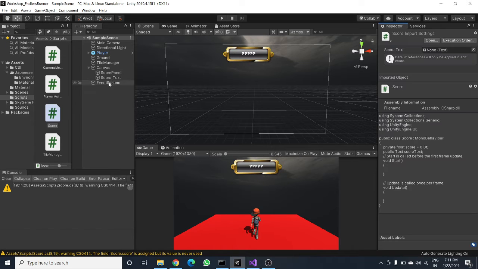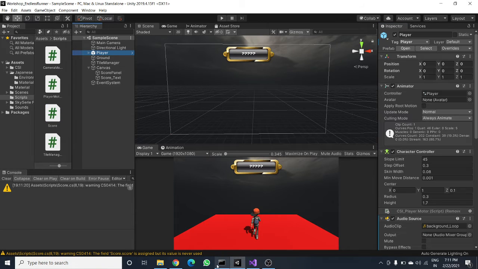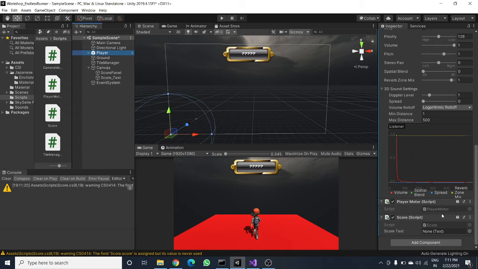Okay, it's done. So go ahead and attach this score script to our player. Now the player has a score script, and look, it requires a reference to that particular score text. That's why we made it public, so this field can be accessed by others.